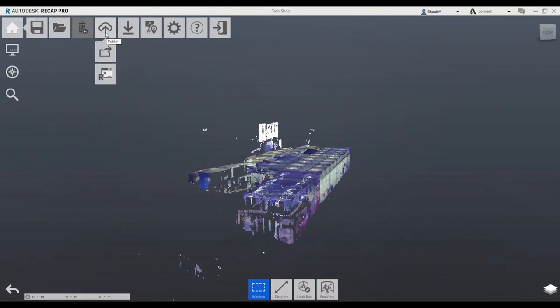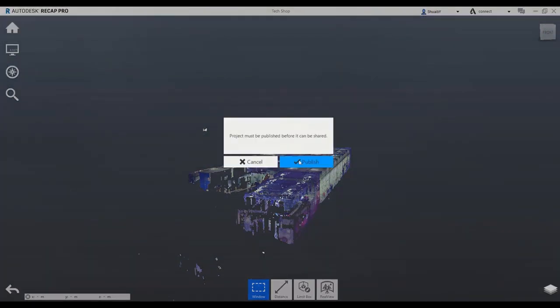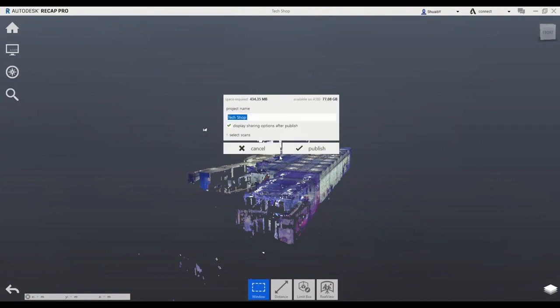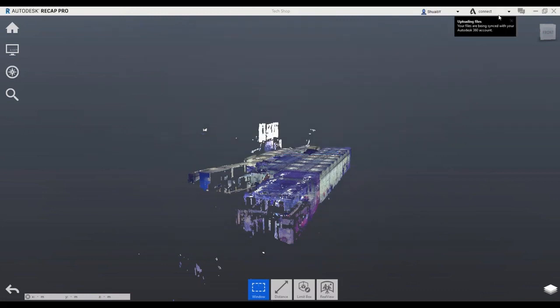What I'm going to do is publish this. Publishing will allow you to share it with fellow designers and fellow users. You can grant them permissions. So I'm going to publish this first. This will use the Autodesk 360 service, an online cloud service. I can give it a name, and I can even select which scans I want, but I'm going to publish all of them. And as you can see, it's telling me it's busy uploading to the Autodesk